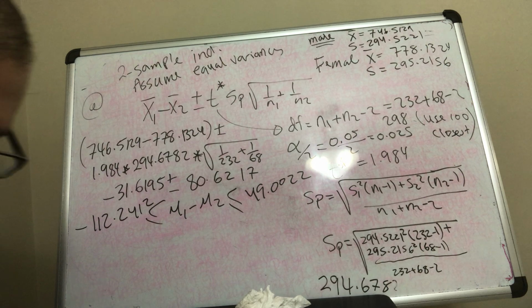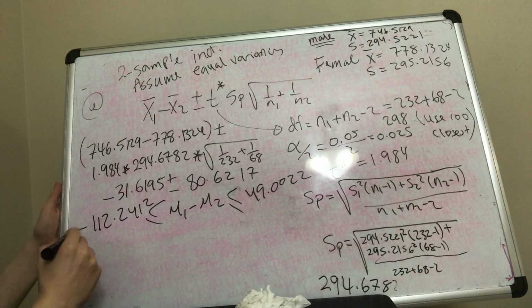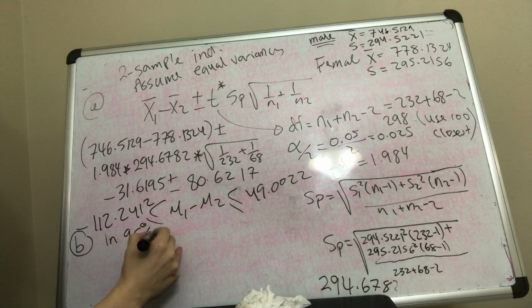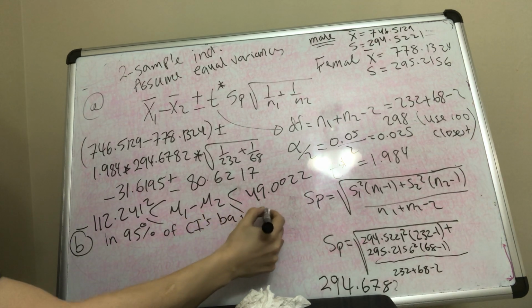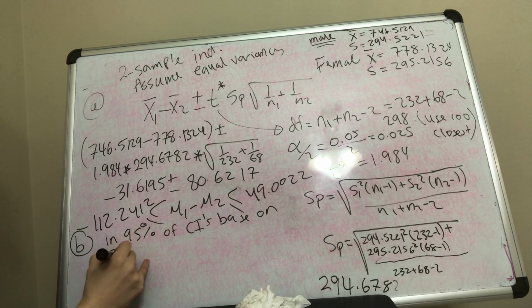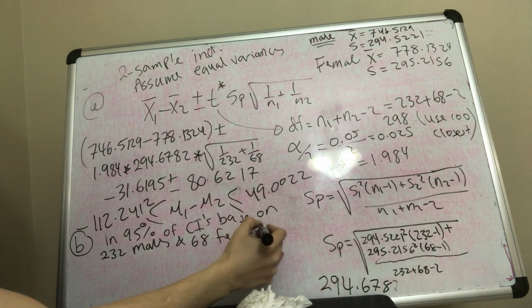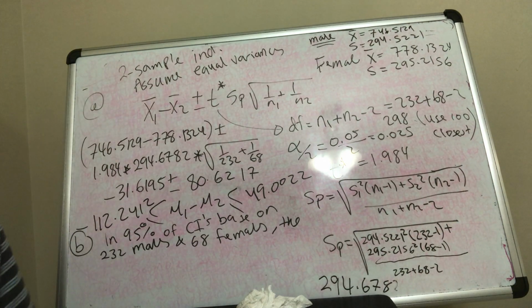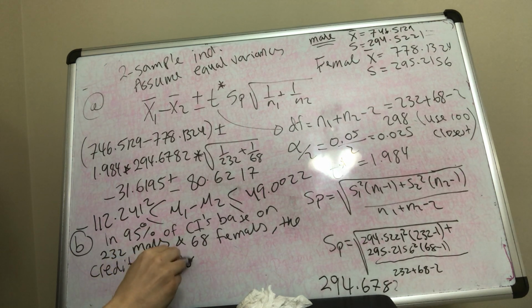So first you need to interpret what the interval is, and B, so you say in 95% of confidence intervals based on 232 males and 68 females, and whatever the question was about, the credit card balances,